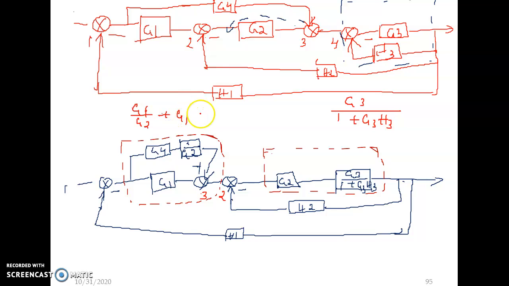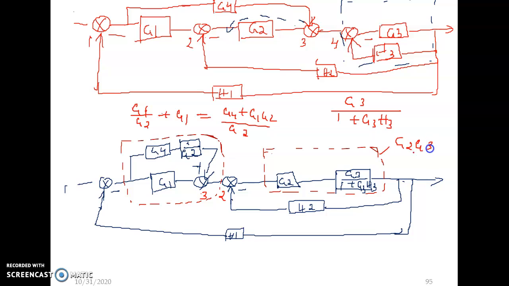And this whole thing can be written as G4 plus G1 G2 whole divided by G2. And this whole thing can be replaced by the block G4 plus G1 G2 by G2. And here we have two cascade blocks. And I can combine this as